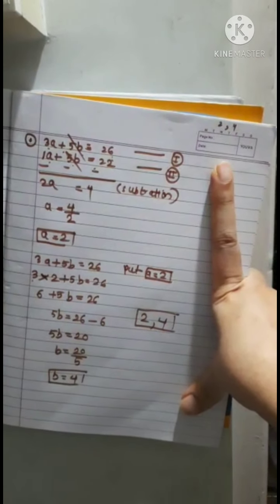I hope it is clear up to this. No doubt? Yeah, it is very easy. Page 1 was the easiest one because we just had to classify which type, whether it is a linear equation or not, only this much. And in the second part, I've just taken 1-2 examples. In the next video I will continue with it, because slightly some new part is there, that is cross multiplication. We have done this in standard 9th. Now we are repeating this in standard 10th also. Okay, no doubt now? Very good.